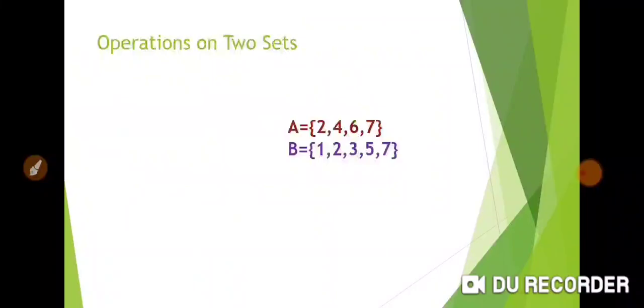Next, our next topic is operations on two sets. First we have the union of two sets. Suppose I have set A equal to 2, 4, 6, 7, and B equal to 1, 2, 3, 5 and 7. Now what is the union? The union of sets A and B is those elements